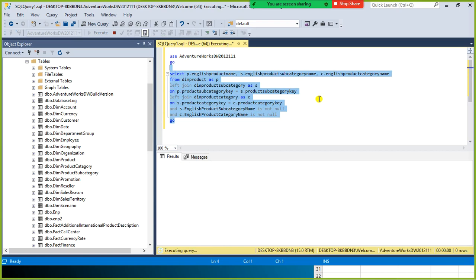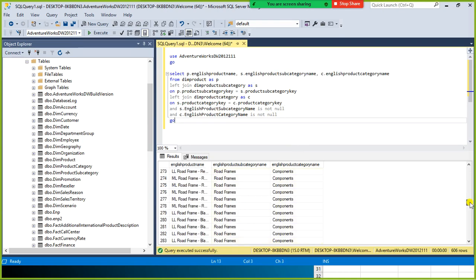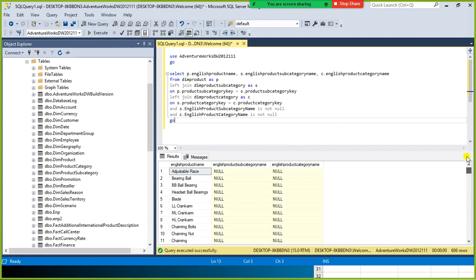Good, no syntax error. English product subcategory name is not null, and English product category name is not null, but still it is showing null values. But we have some values here.